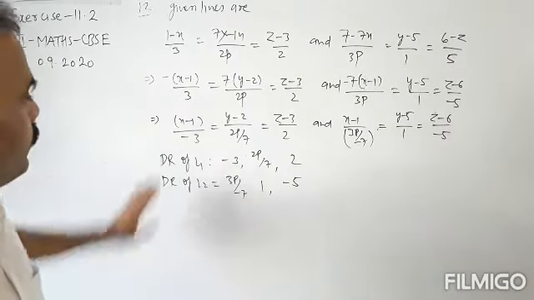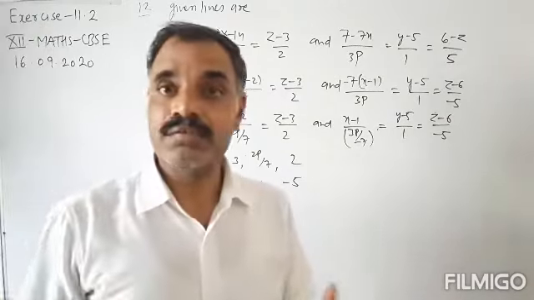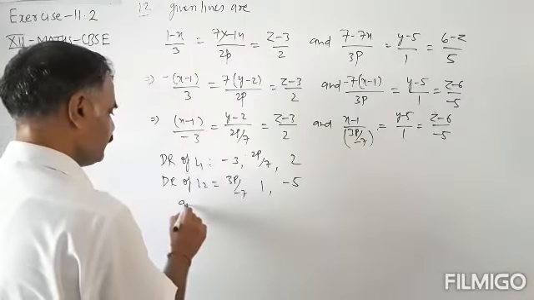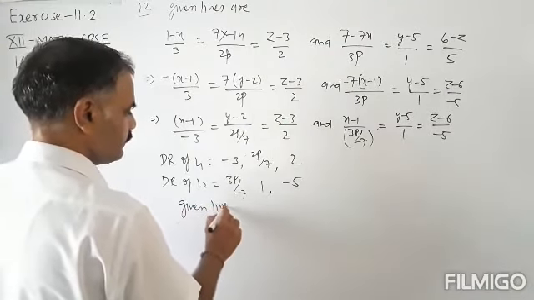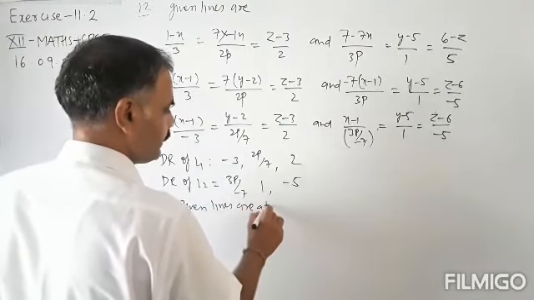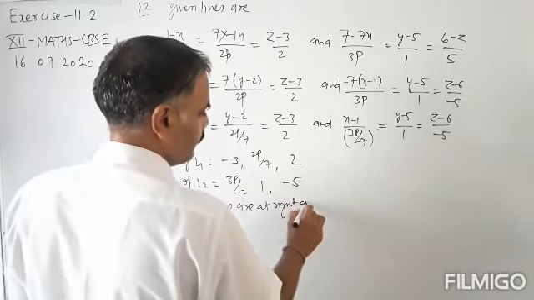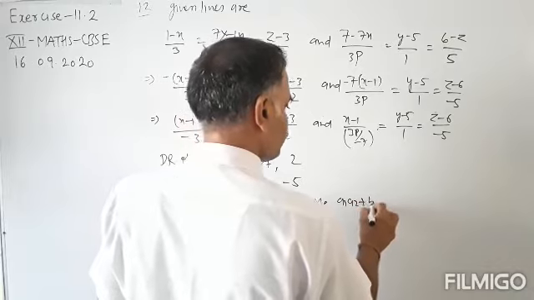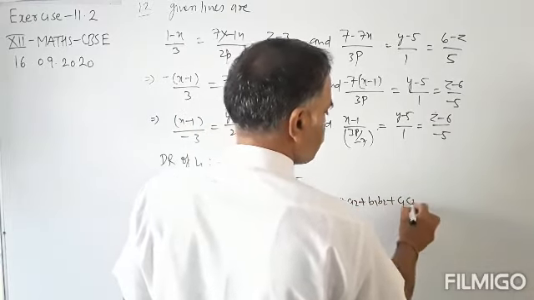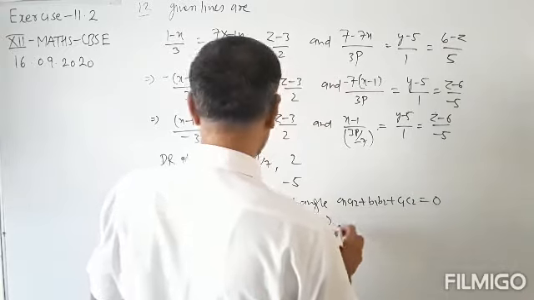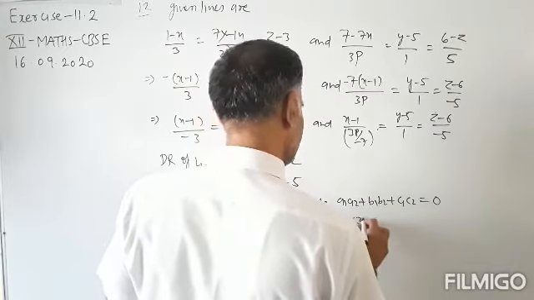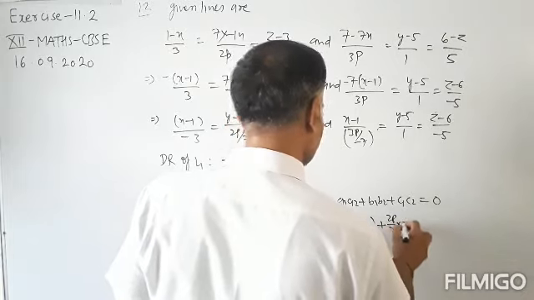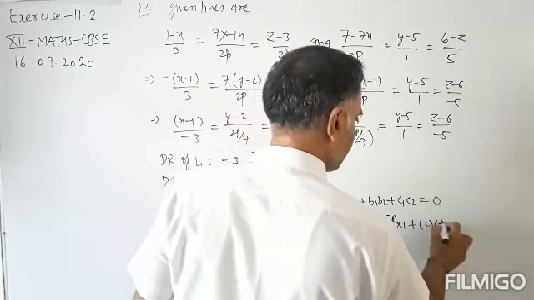Okay. Now the given lines are at right angle. That is, by a1a2 + b1b2 + c1c2 = 0. Means −3 into 3p/(−7) plus 2p/7 into 1 plus 2 into −5 is